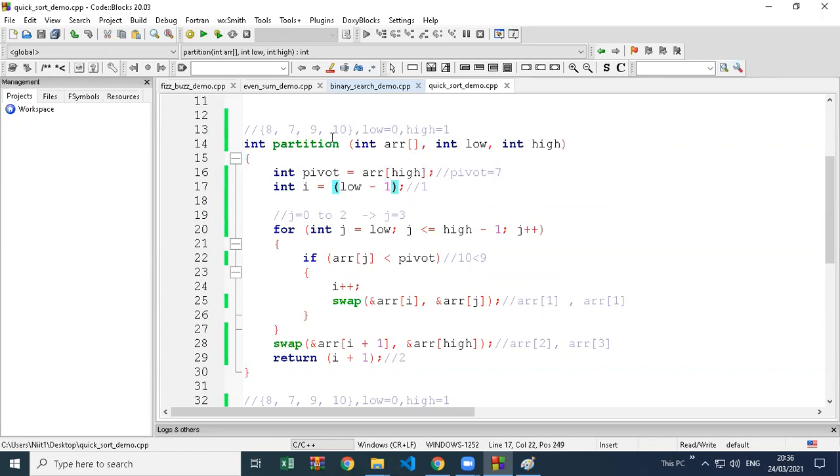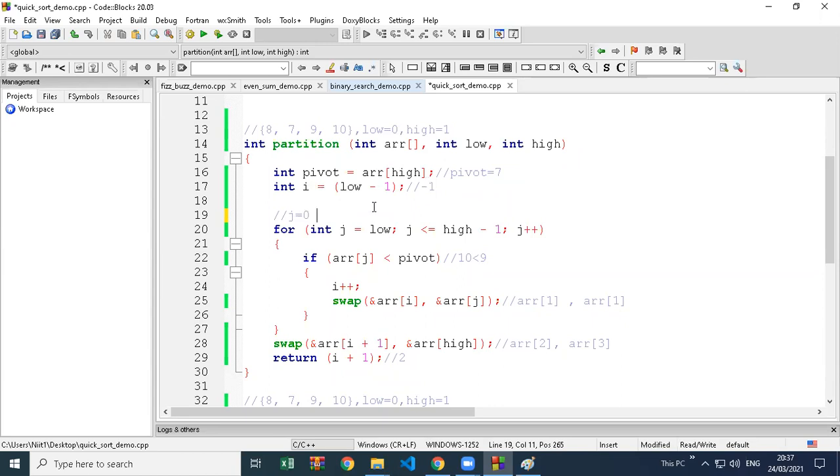So low minus 1. Low is what? 0. 0 minus 1 is minus 1. Yes. Then again now the loop is going to start because it was stopped. So j variable again starts from 0 because low is 0.